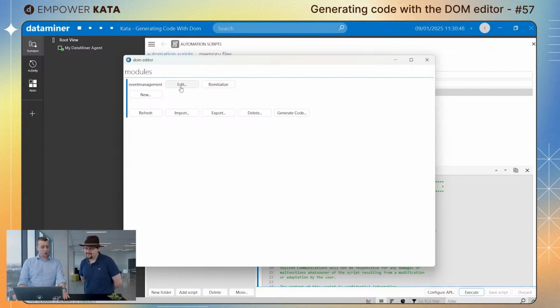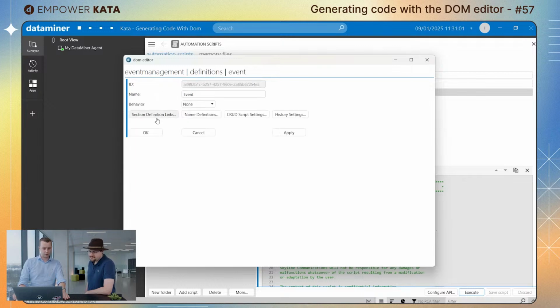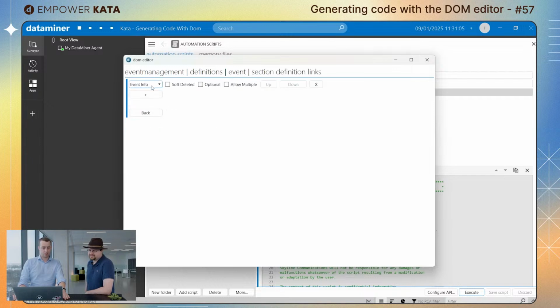Makes sense, okay. Now, if we have a real quick peek at what's in the definition, there's one definition called event, and in the event, we'll find one section, which is called event info. All right. And if I take a look at the fields in our section definitions,